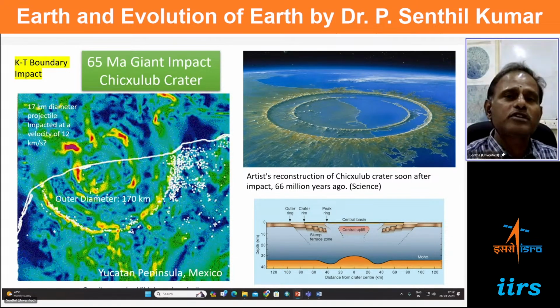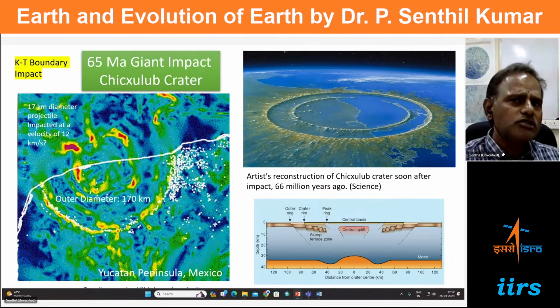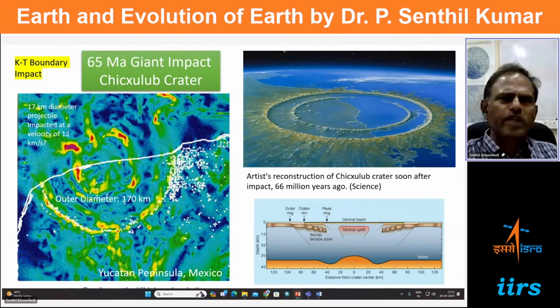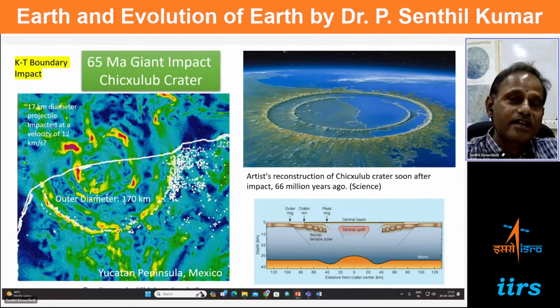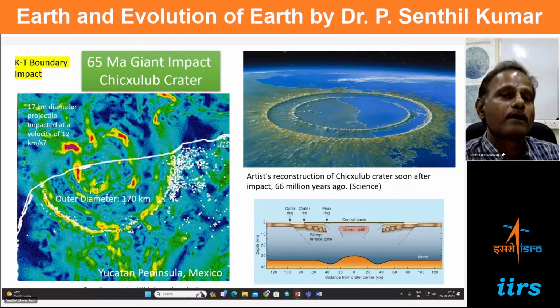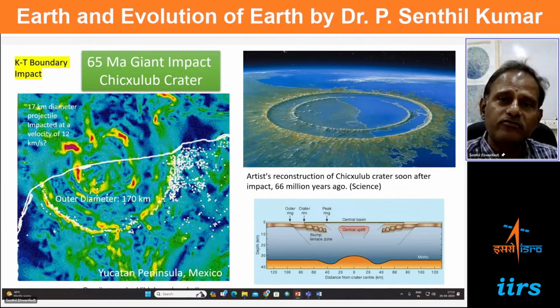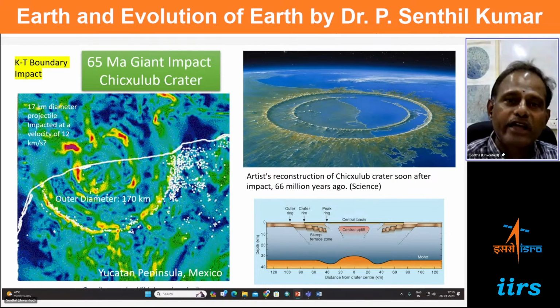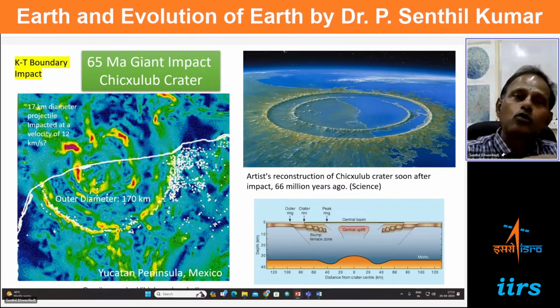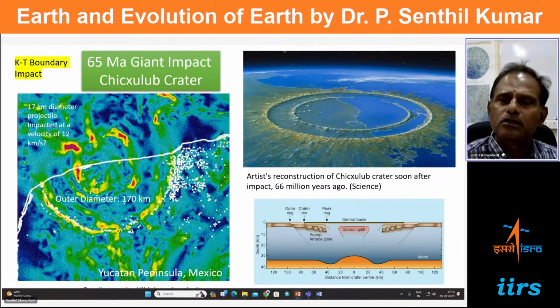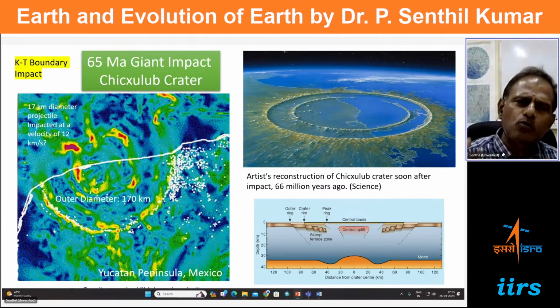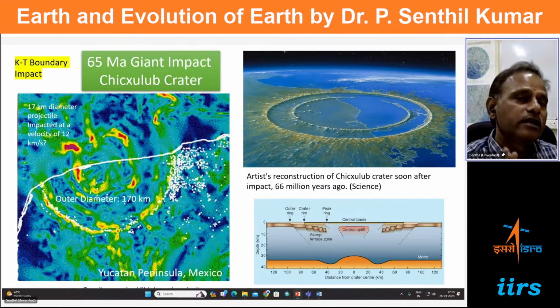So the whole atmosphere is affected. Also, the dust particles cover the whole Earth. So the sunlight doesn't enter the atmosphere. It doesn't reach the surface. So no sunlight for months, no photosynthetic activity. So there is no life. Plants cannot grow, and global fire also happens. So this one particular impact is believed to have caused the removal of